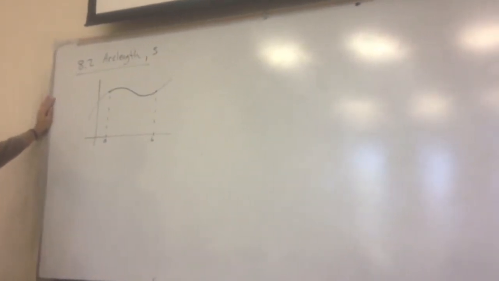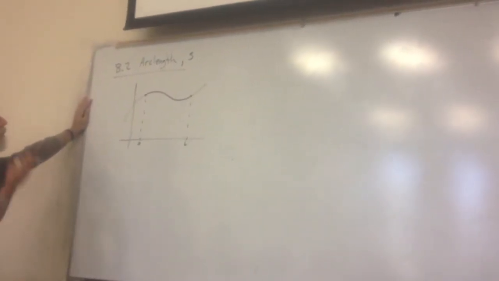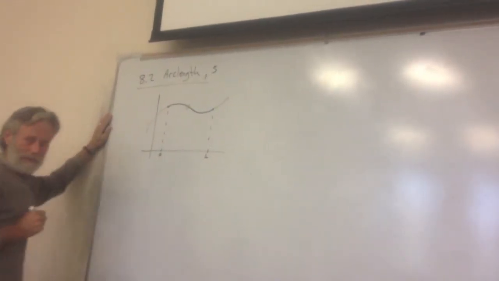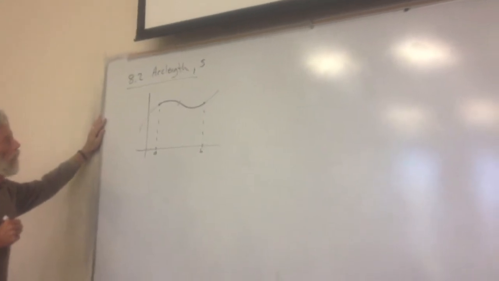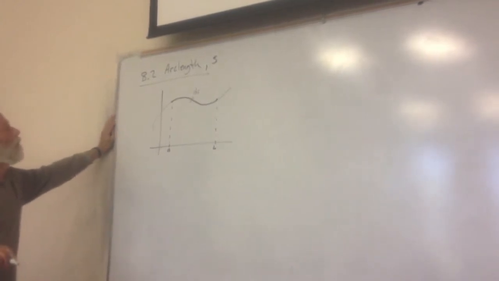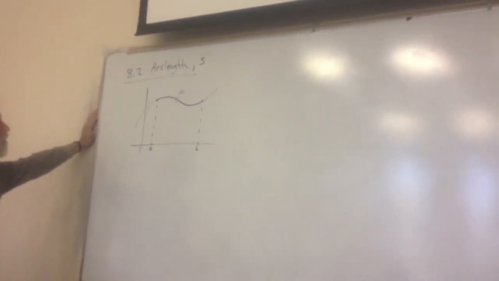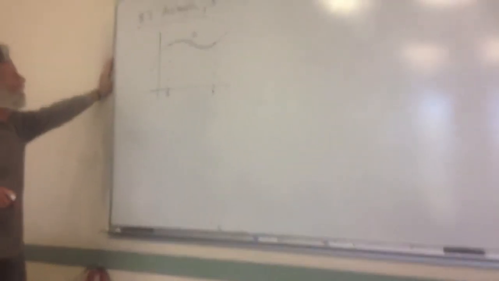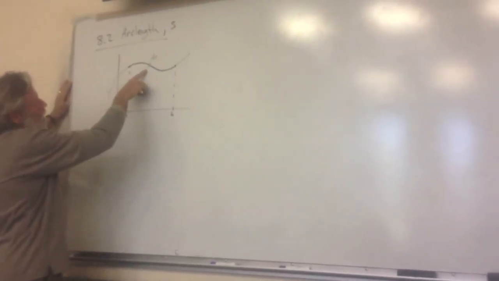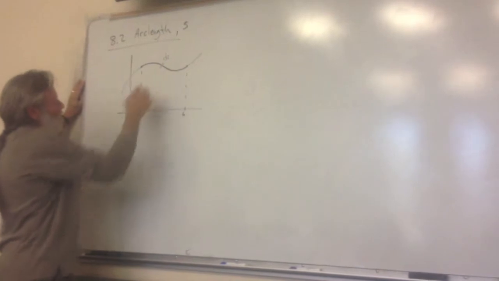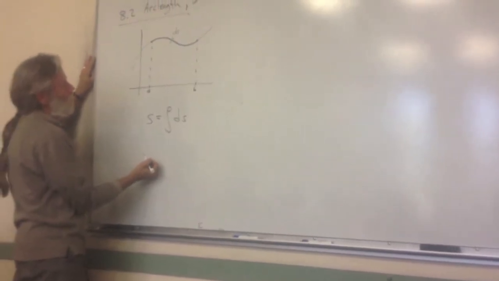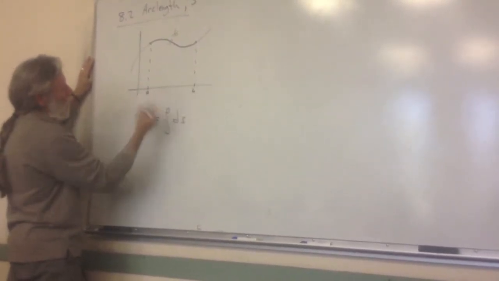The idea that we're going to use to generate the formulas for this is just to think of taking this thing and chopping it up into a bunch of little pieces. I'm going to use the notation that that little piece is a ds. You could write a delta s if you want, in terms of deltas, finite increments as opposed to differential distances. But the idea is, if I had this thing chopped up into a whole bunch of these dx, I know that s is going to be the integral of the dx length, and somehow I should maybe say